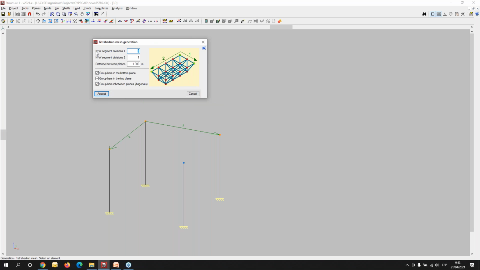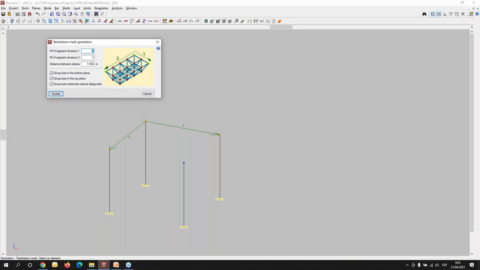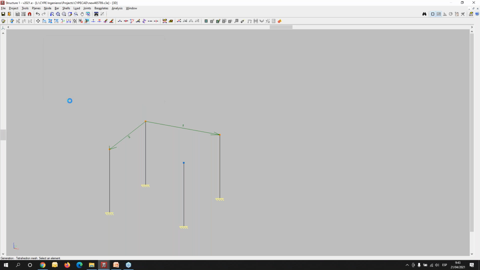Now I can see in the menu different parameters that the user needs to define. I will divide this one direction in 6 different bars and the second direction in 6 also. And the distance between the planes will be 1 meter. I can accept,